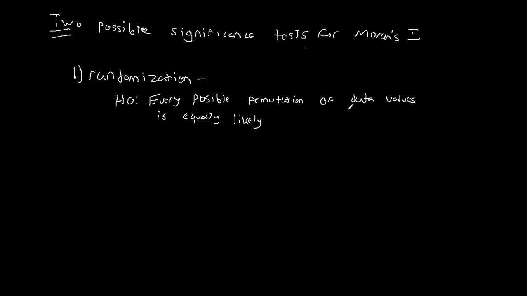Right, every possible permutation of data values is equally likely. Well, what does this mean? This basically means that you could take your data set, again, speaking about the R example that we've gone through so far,